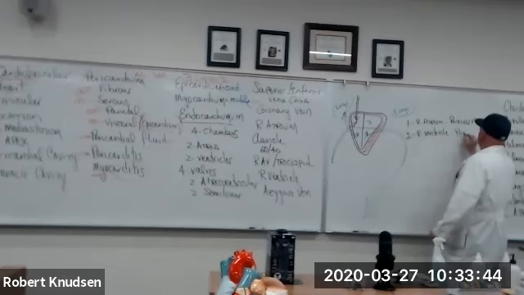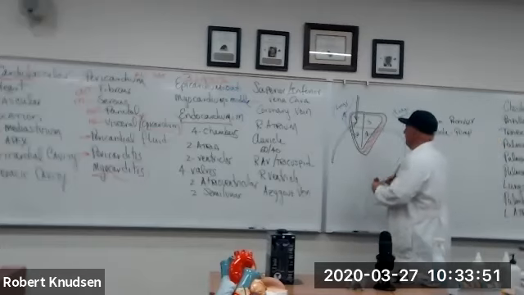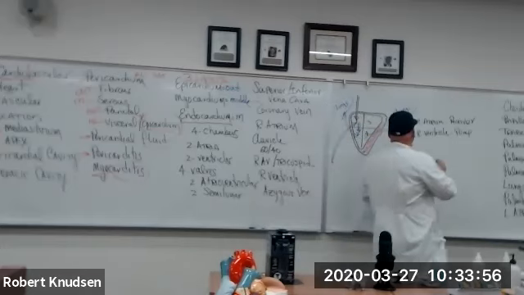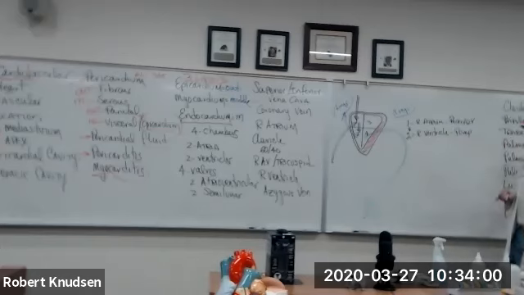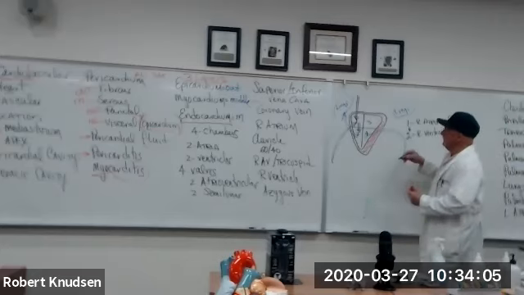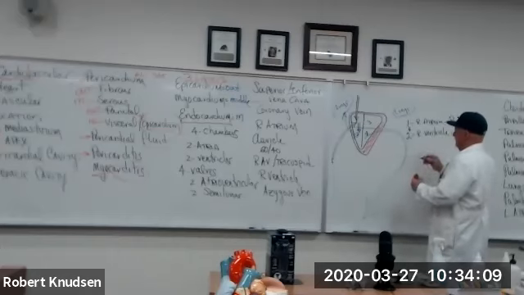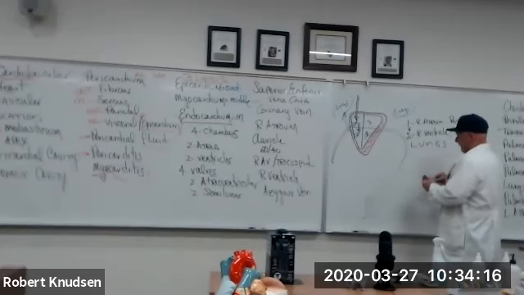It's a pump. It receives unoxygenated blood, which I'll make in blue, from number 1. So 2 receives it from 1. Good? Then 2 pumps it to the lungs. So we have lungs right here. Then 3